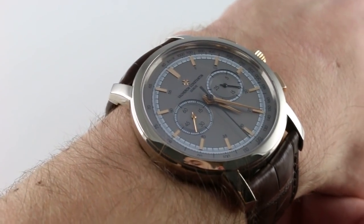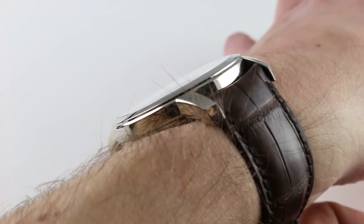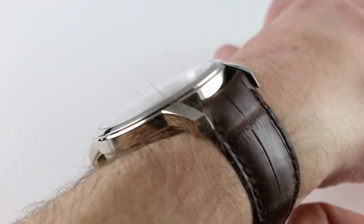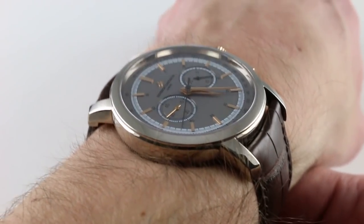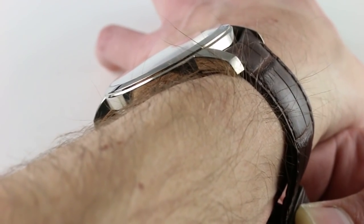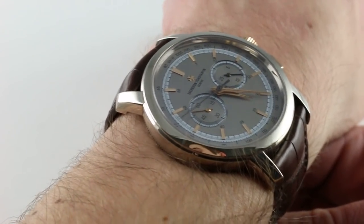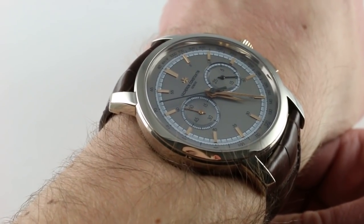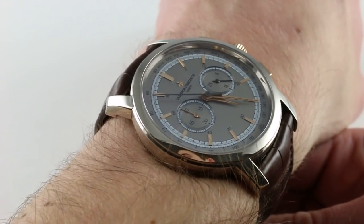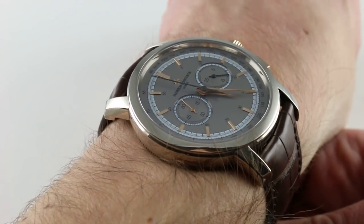Now, it's big, 42 millimeters across the round of the case, not including chronograph pushers or crown. In terms of thickness, it's reasonably compact, 11 millimeters thick. With a sloped bezel, it does easily slide underneath the dress cuff. Lug to lug, it's substantial but not oversized. 50 millimeters gives it good wrist presence, and at 42 millimeters, this is the higher end of the scale for a pure dress chronograph, but it wears its weight and it wears its size well thanks to the flat profile